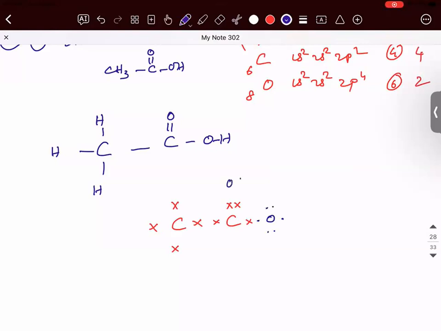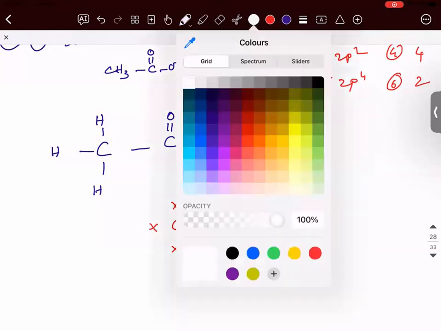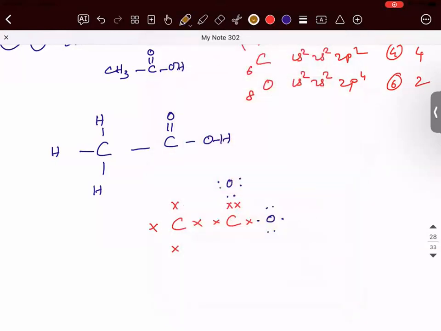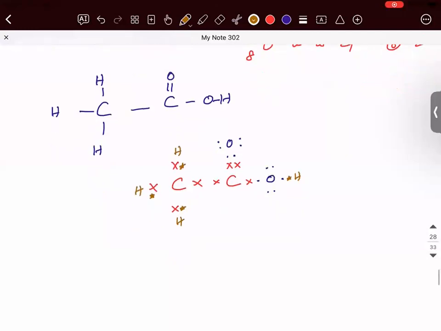And then oxygen which will have 6 electrons, and then hydrogen we will have 1 electron. Then it becomes